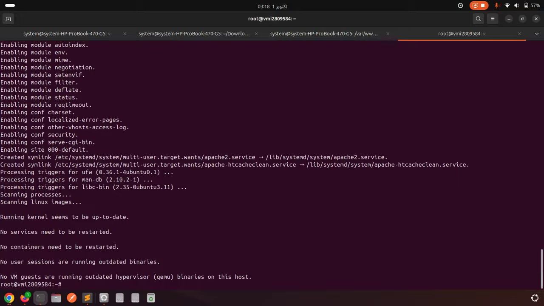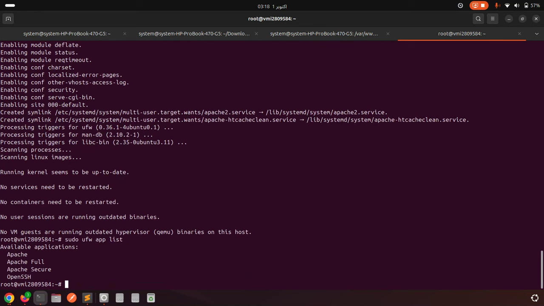Now I will install the firewall. Why is the firewall command important? Because it protects your server from unauthorized access while still allowing necessary services like Apache to run. The command of the firewall setup is sudo ufw.